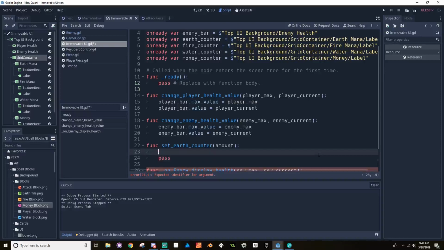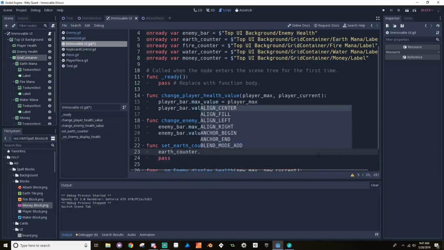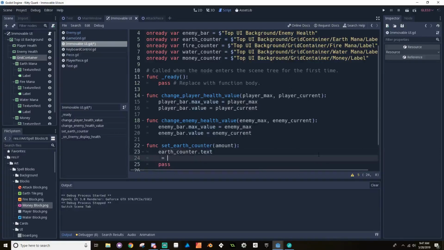And then we'll just do earth counter.text is equal to amount dot to string,